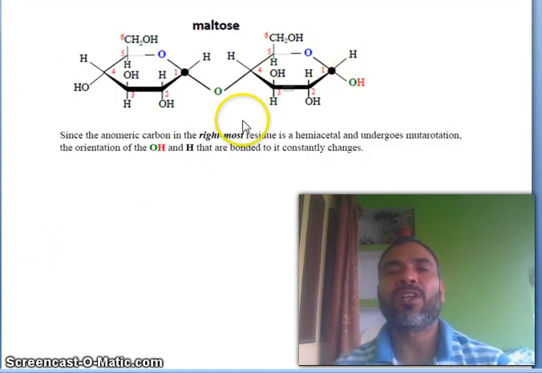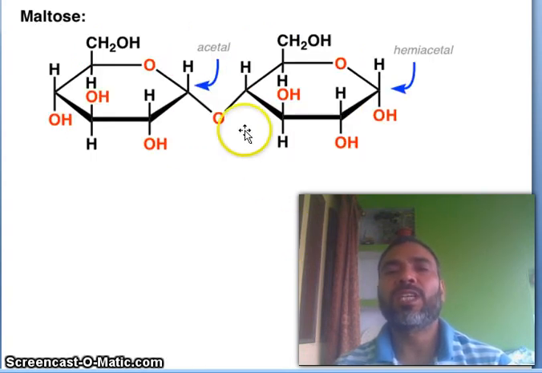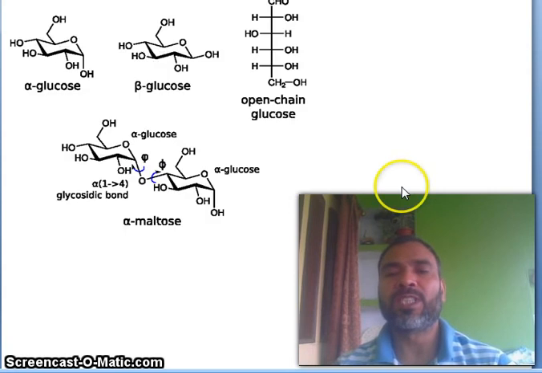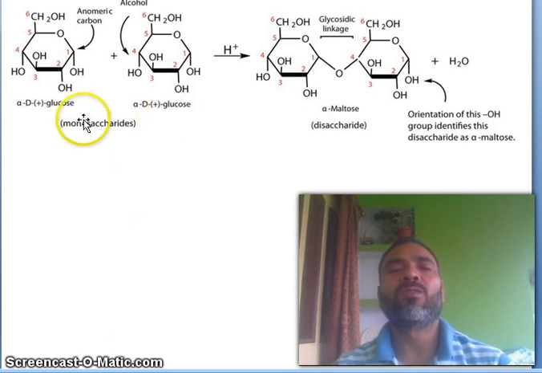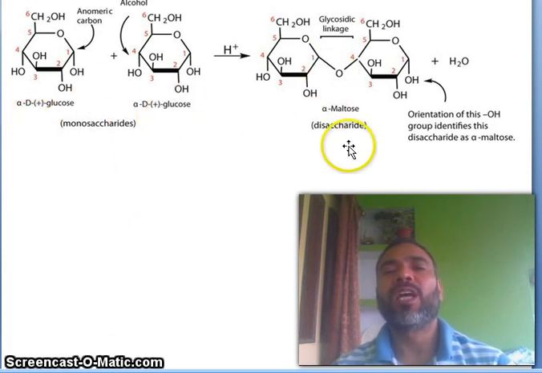So this is the structure of maltose. We have already seen this is the alpha form. Now you see this carbon is acetal, just remember it, and this is the hemiacetal. So mutarotation occurs on this carbon, the anomeric carbon. Now you see another designation. You know this is the Fischer projection, and this is our alpha glucose and beta glucose combining together, then forming alpha maltose. You see, alpha D glucose forming alpha maltose. This is a disaccharide after removal of water.